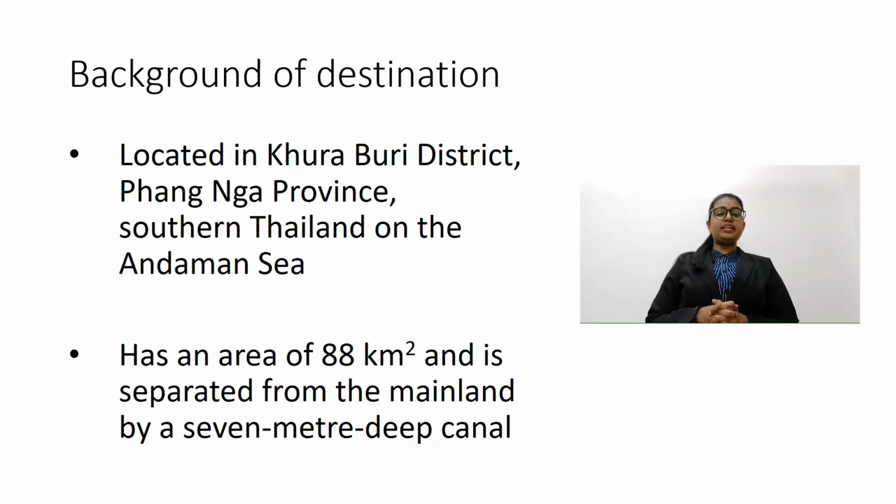Good day, ladies and gentlemen. Our group of developers are suggesting Phra Thong Island as the destination for building a resort. Phra Thong is an island located in Kuraburi district, Phang Nga province, southern Thailand on the Andaman Sea. It has an area of 88 square kilometers and it is separated from the mainland by a 7-meter deep